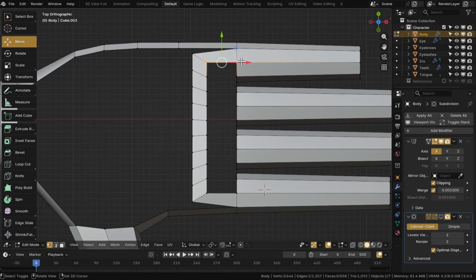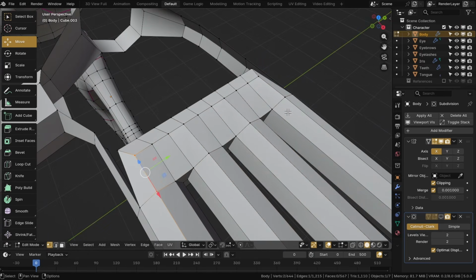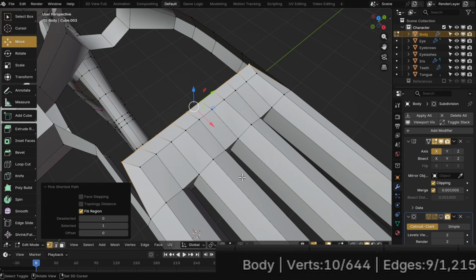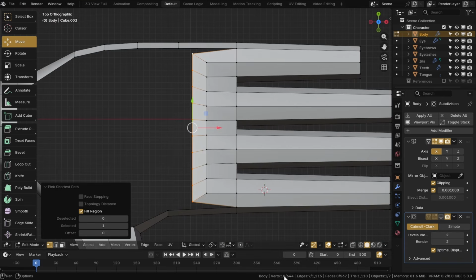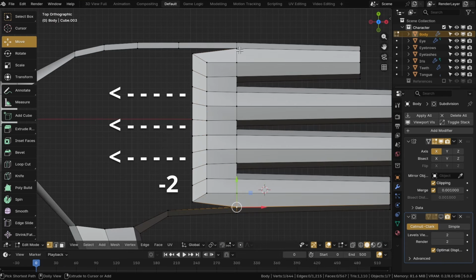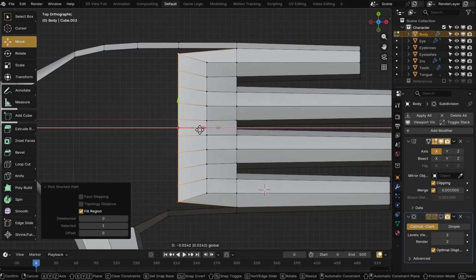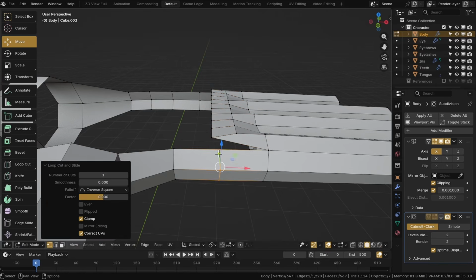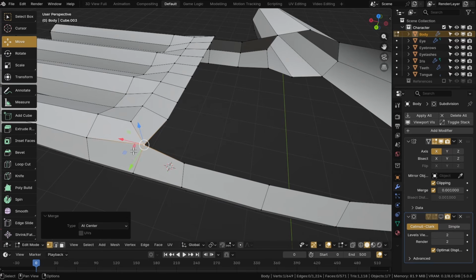Now if we select the edge on the inner left here and press F as many times as we need to fill the gap, we reduce the total number of verts down to 10. This method reduces the number of verts going in this direction by 2, while still using exclusively quads, or squares, which is generally good topology. Now let's add in a loop around here to match it, and M to merge the corner with the verts